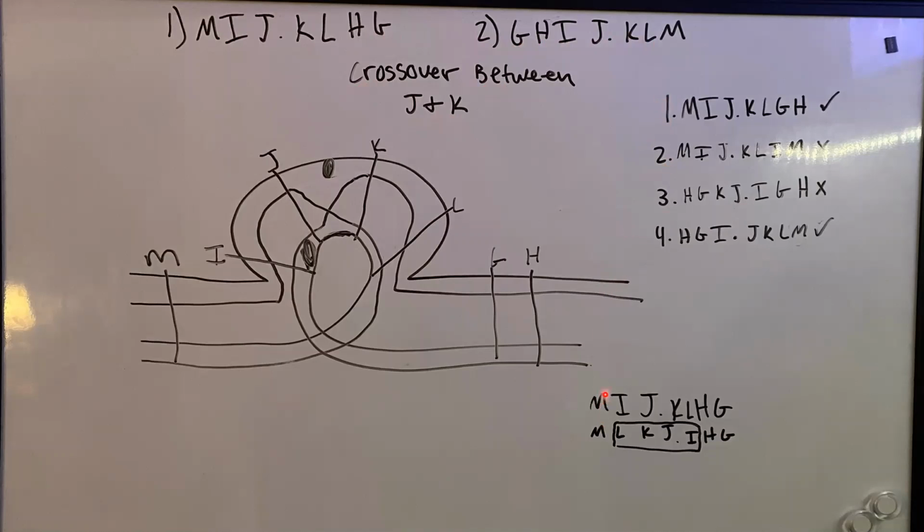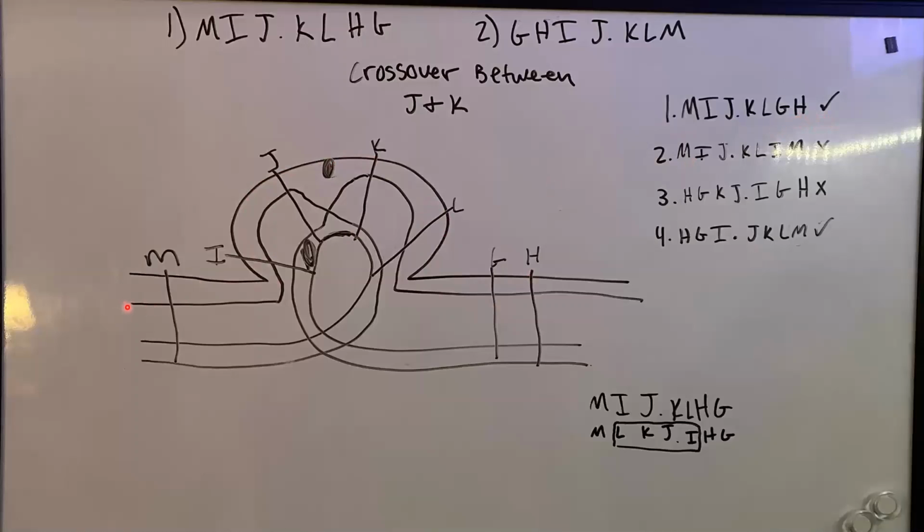Well, first, we're going to start off by aligning the like heads, and we see that there is a pericentric inversion happening between the 2 chromosomes. So we're going to go over here to chromosome 1 and chromosome 2, and we're going to look at this first path. So we have M, I, J, centromere, K, L, G, and H. And when we come over here and look, that is a viable gamete because all of the genes are accounted for and there's no deletions or duplications.